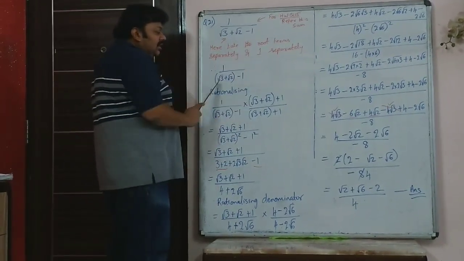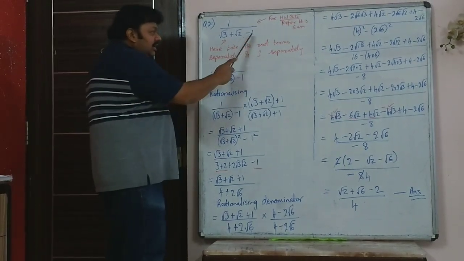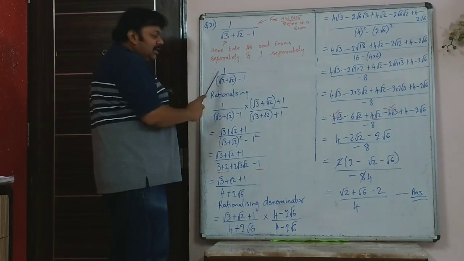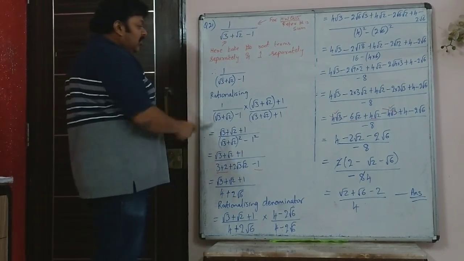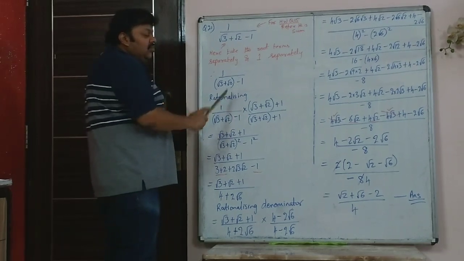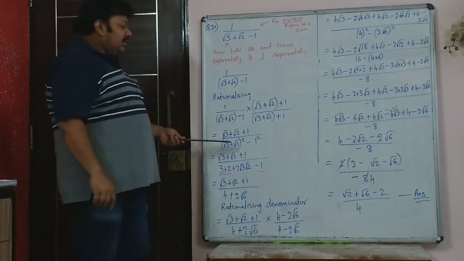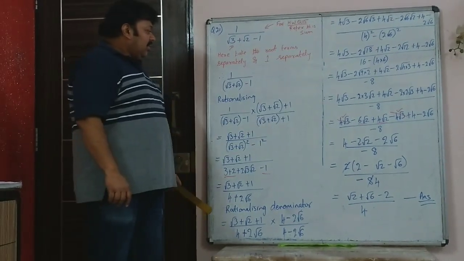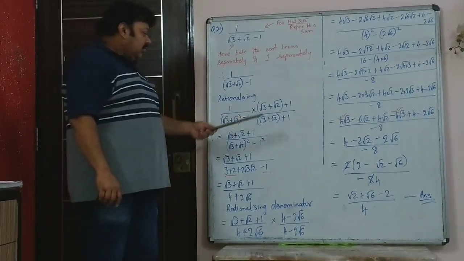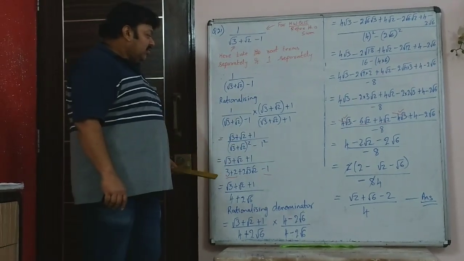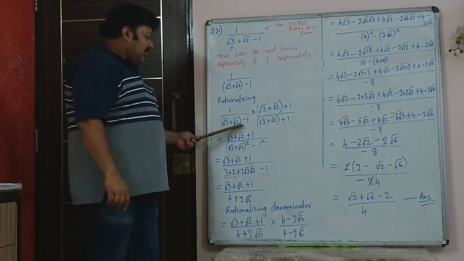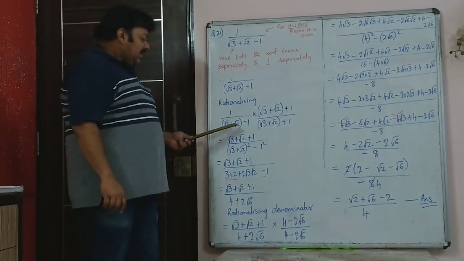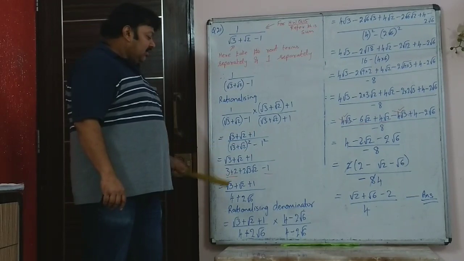So when you get these 3 terms in the denominator, take the 1 or the constant term separate and the root terms pair it together. So now when you pair the root terms together, after this you have to rationalize it. Rationalizing the denominator, so (root 3 plus root 2 minus 1) upon (root 3 plus root 2 minus 1). So the numerator becomes root 3 plus root 2 minus 1 and the denominator becomes this squared minus this squared. So (root 2 plus root 3) whole squared minus 1 squared.